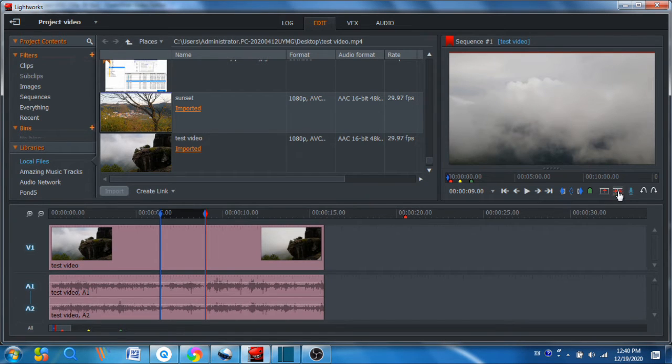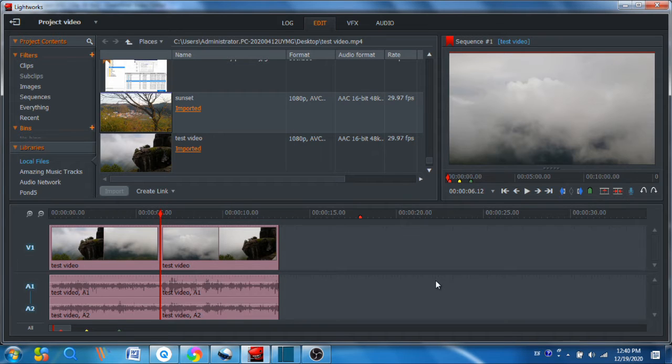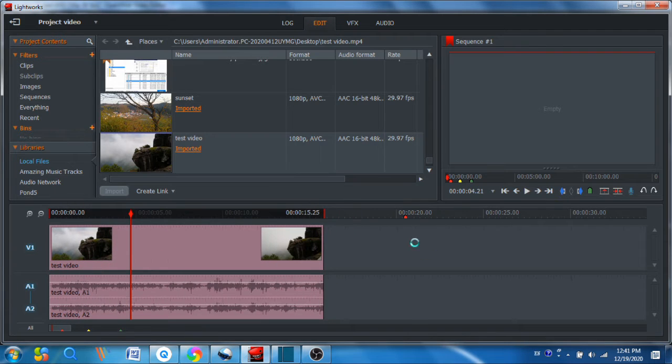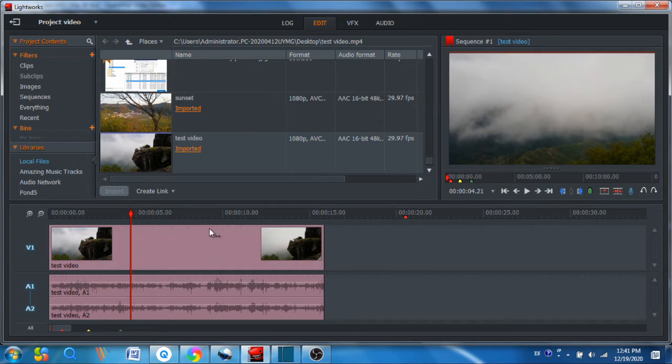Let's just take a look. So as you can see, it's very easy. You could also just tap the Control and C key on your keyboard. So it's very easy to use. Now after that, let's just look at some other video editing features. For example,